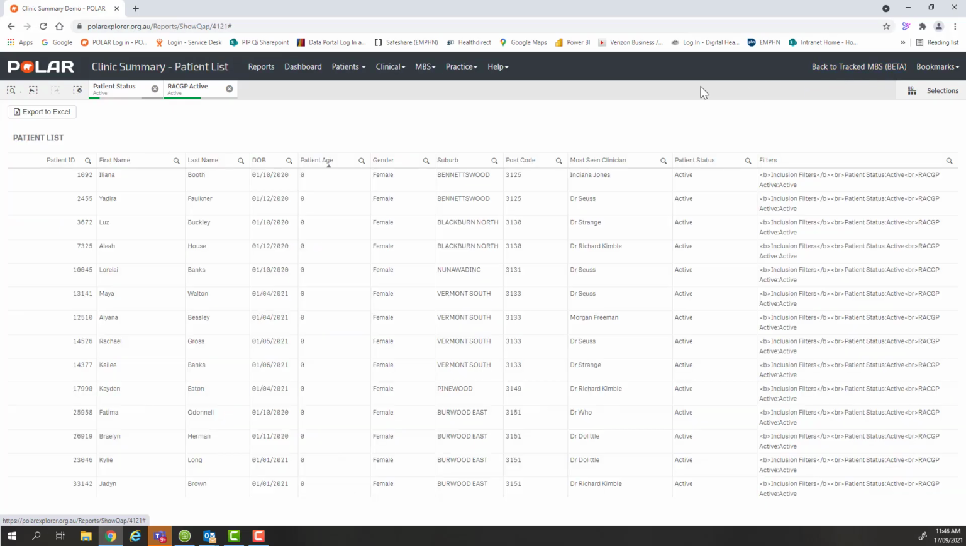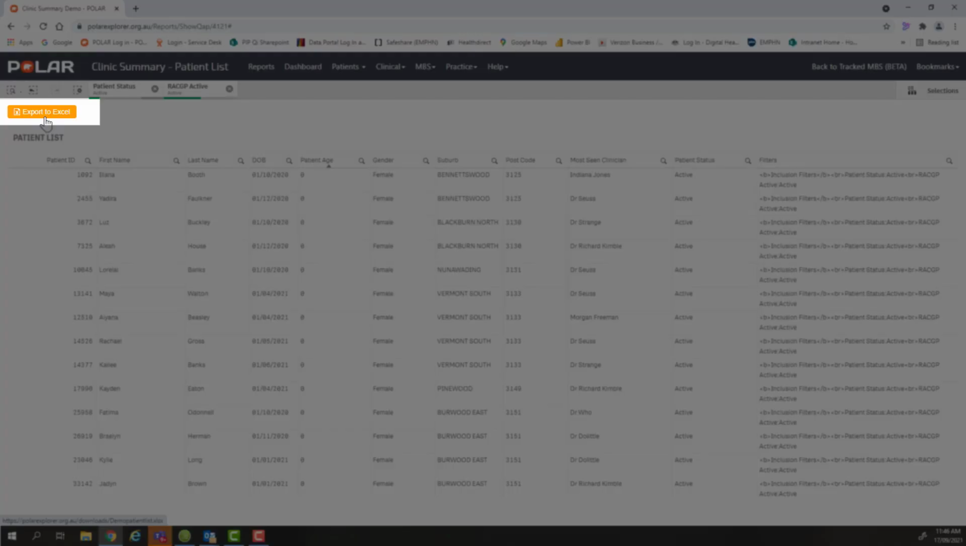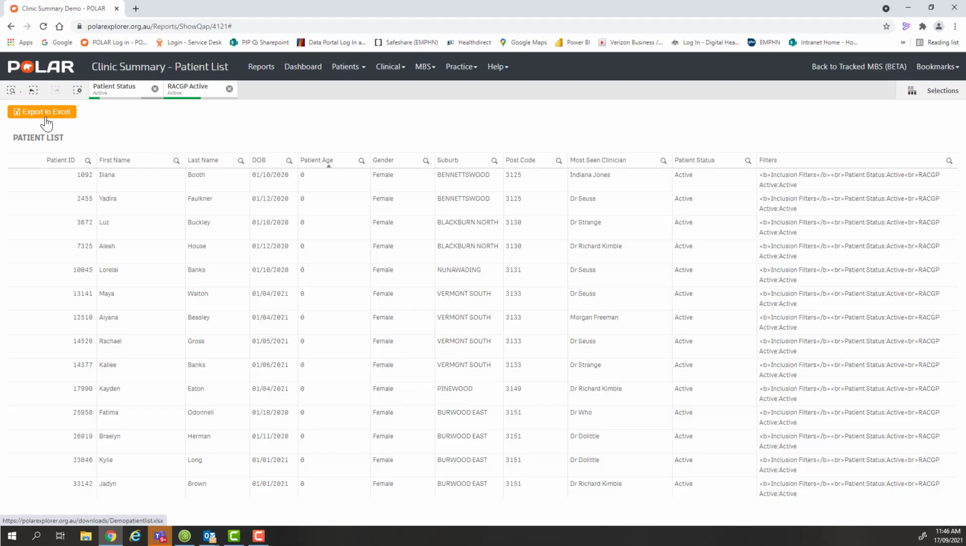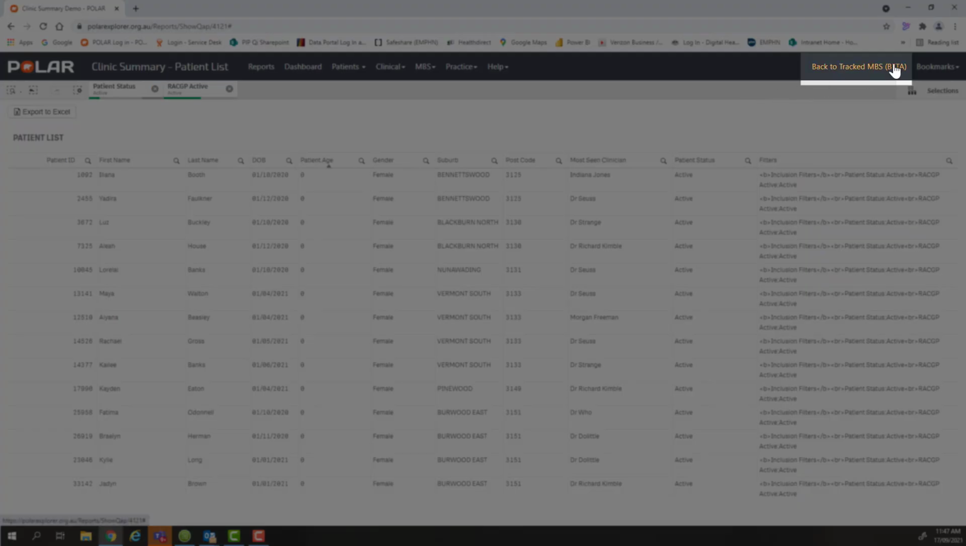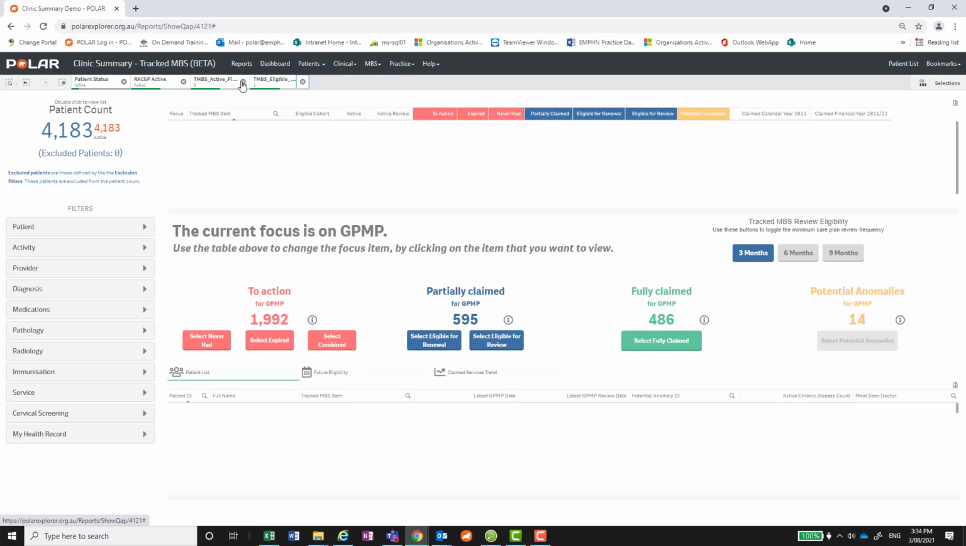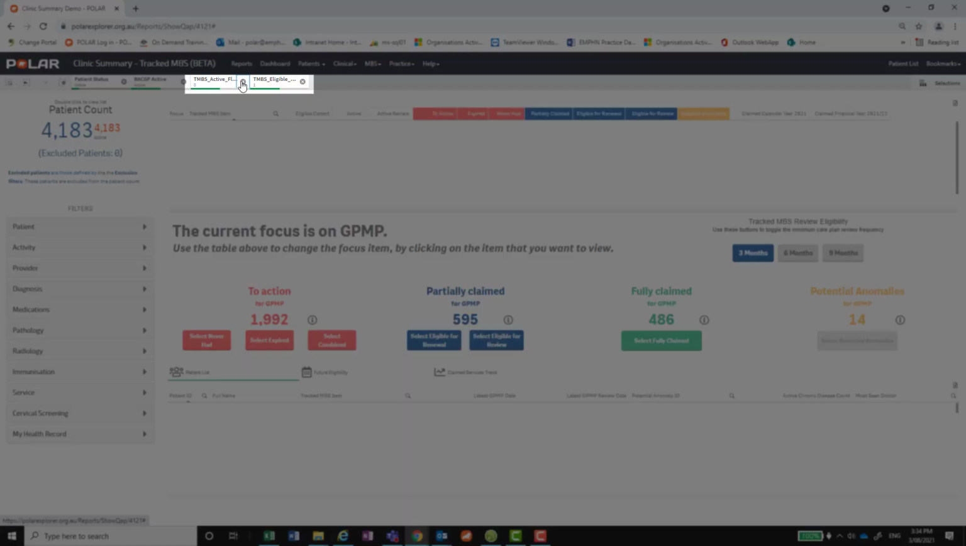To export the patient list, go to Patient List in the dark ribbon at the top right-hand side. The patient list will populate, and then you will have the option of exporting to Excel. To go back to the Tracked MBS page, select Back to Tracked MBS at the top right-hand corner. We will now clear the TMBS filters only, leaving the patient status filter and the RACGP active filter in the